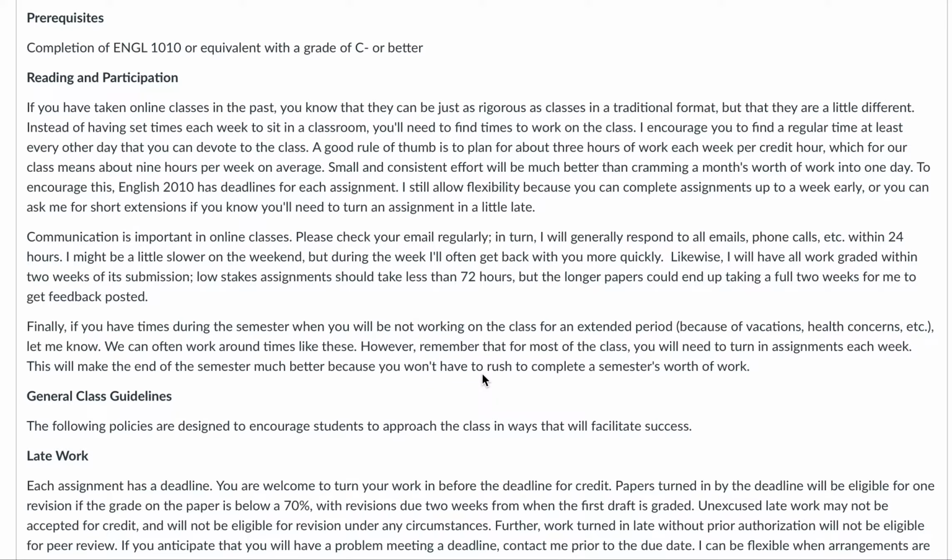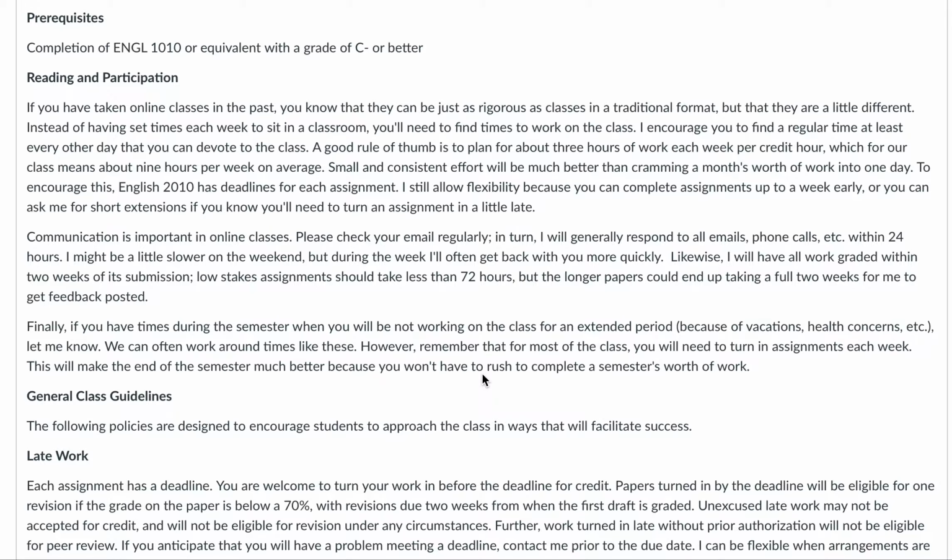Pop in every day or two is my recommendation. It doesn't have to be for a really long time, but staying up with the class does help a lot. And the general rule at pretty much every university is that 1 credit hour should equal about 3 hours of work on your part per week. So since this is a 3 credit hour class, 9 hours.